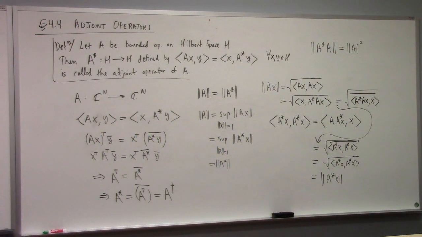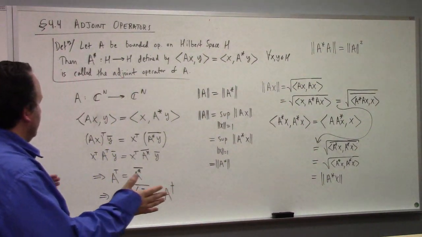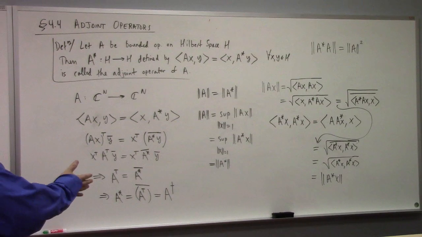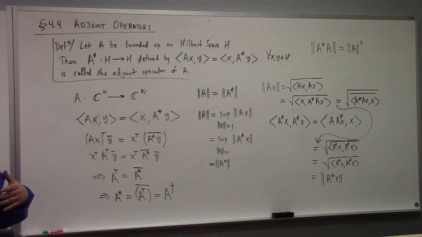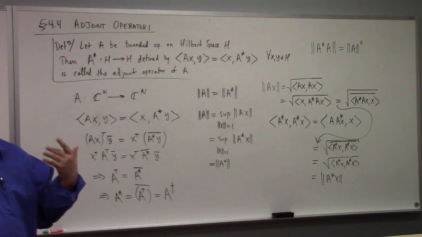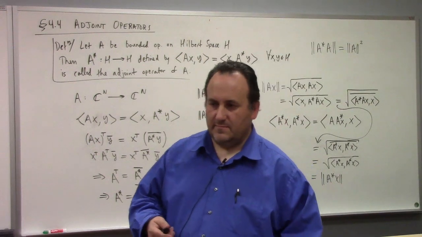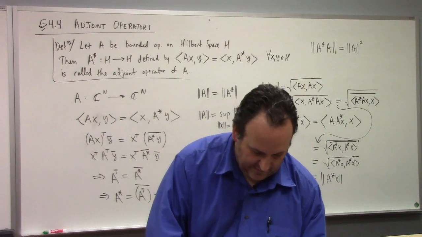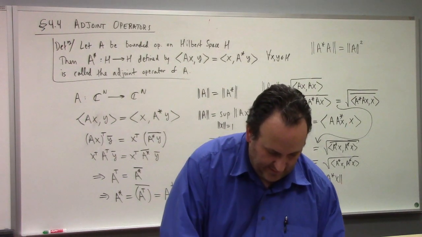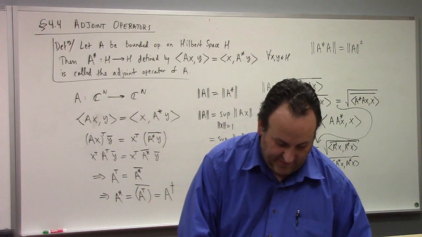So then, I think that's a good place to stop. We'll continue on in this adjoint operators section next time. The next thing we do is define self-adjoint, which is sort of the complex analog of symmetric, because of course the adjoint is the transpose in the real case. Then he gives some examples, like the Fredholm operator and a couple of different examples of how the adjoint works